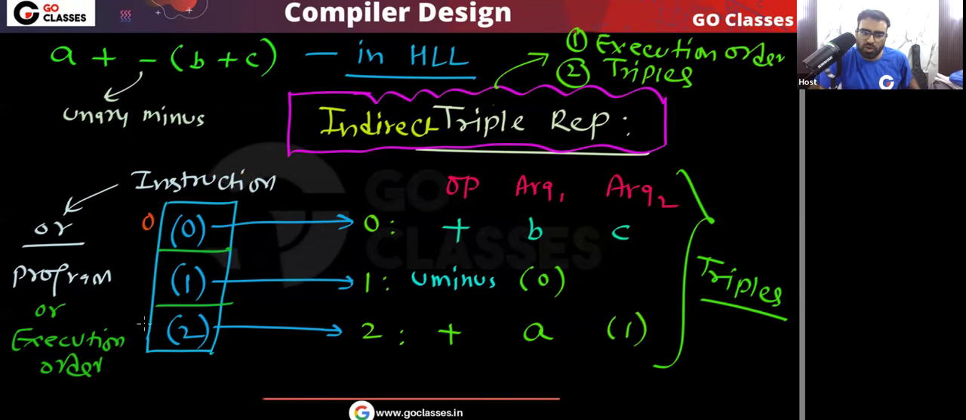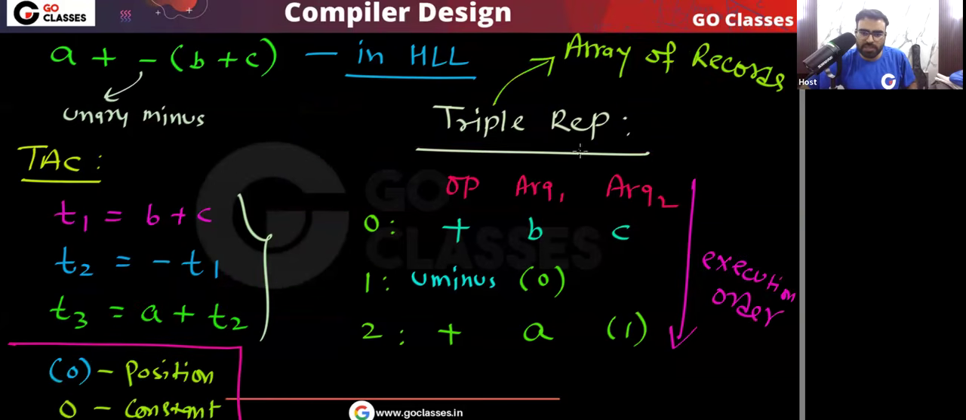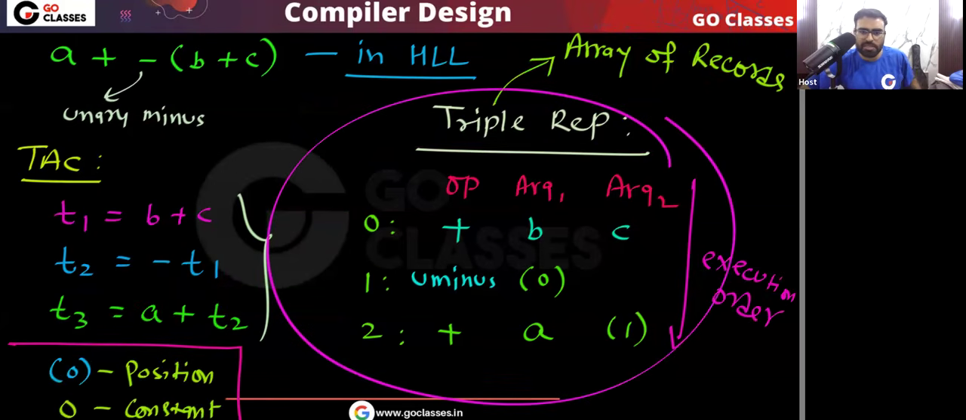Okay, so it's like 0, 1, 2. This is also an array, and in this array we have pointers which point to the triples. So that's it. So this is your answer for indirect triple. Very easy. Okay, so to find the indirect triple representation, first you find the triple representation, and then what you do,